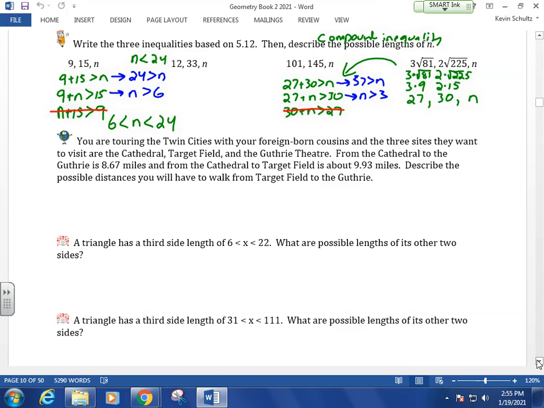And of course, just like the others, I will remind you that 57 is greater than n is the same thing as n is less than 57, right? So n is less than 57. It is also greater than 3. That means that 3 is less than n is less than 57, and n is between 3 and 57. This is a very wide range, right? But with those other two sides being pretty close together, it gives us a pretty wide range, that third side